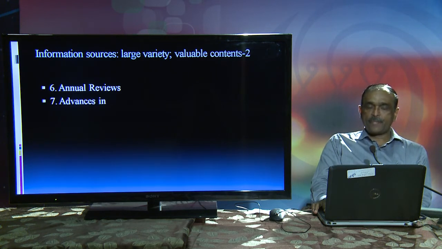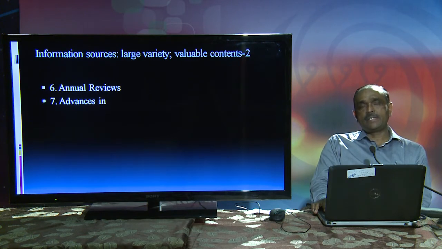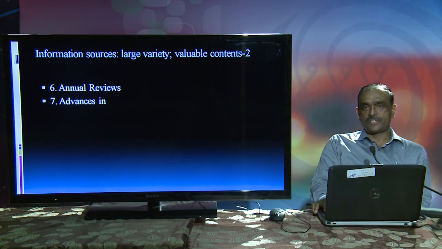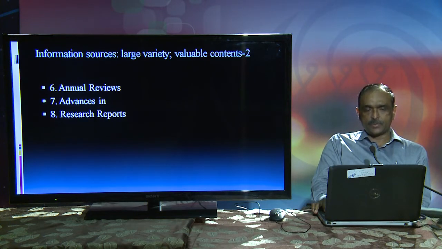Advances in librarianship is another very important, valuable source for researchers. As the name of this series suggests, advances in the subject field are reviewed. These are reviewed by experts of the given subject fields, and they are published almost in every subject field. For example, advances in computing science, advances in agriculture, advances in library and information science, so on and so forth. These sources also provide, apart from the detailed review of the given subject field, bibliographical references too.